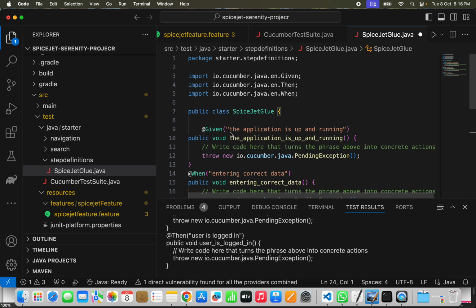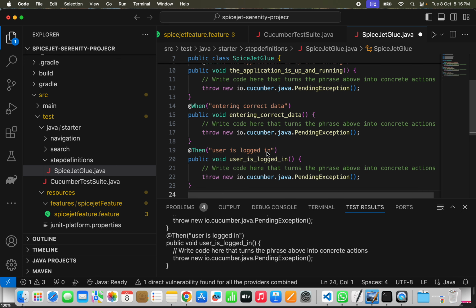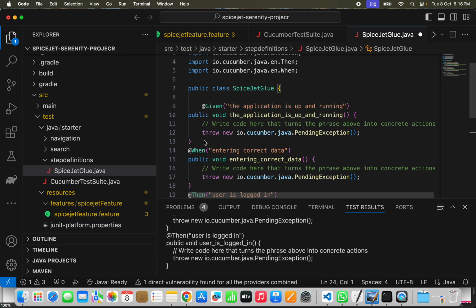See, here we are getting: this application is up and running, entering correct data, user is logged in, right? So Given, When, Then we are getting. Now if you see, these method names are simply not good enough. So we'll